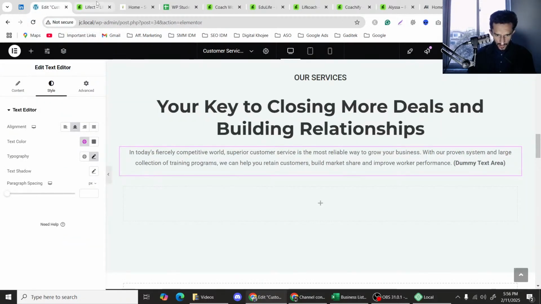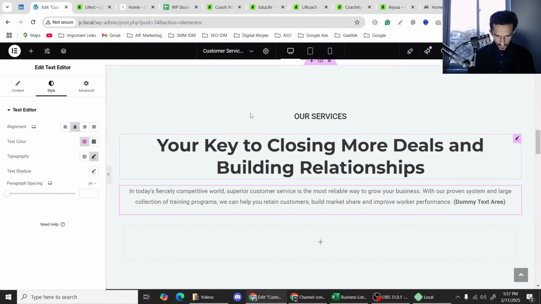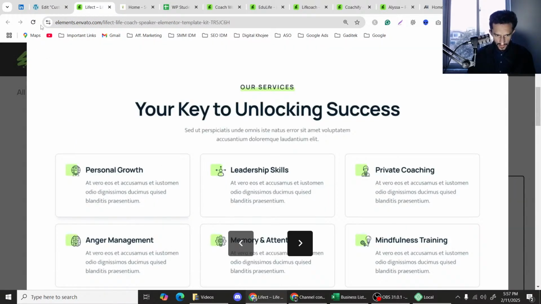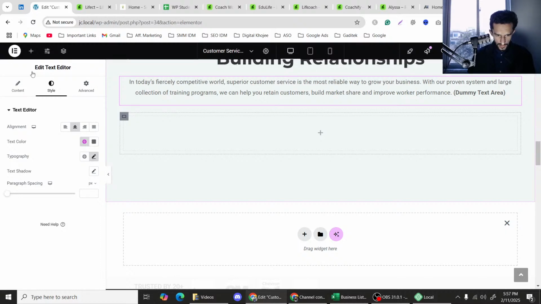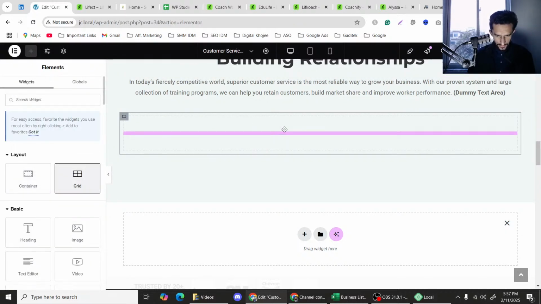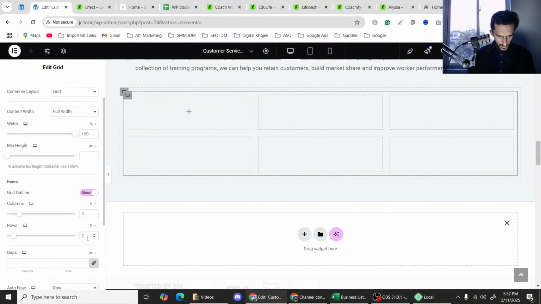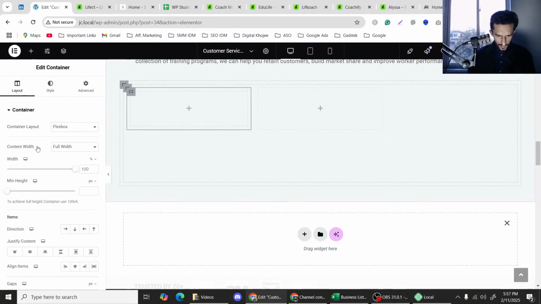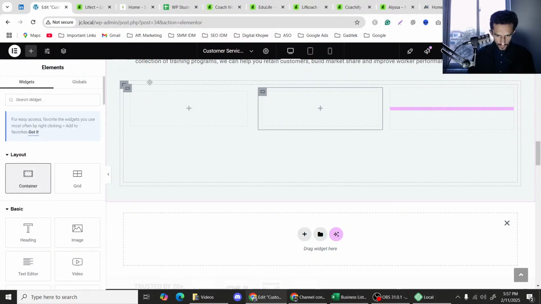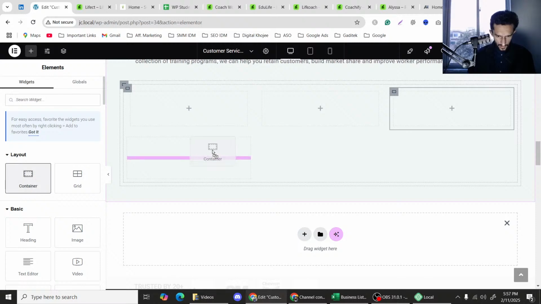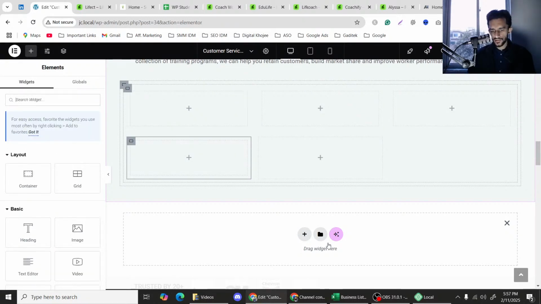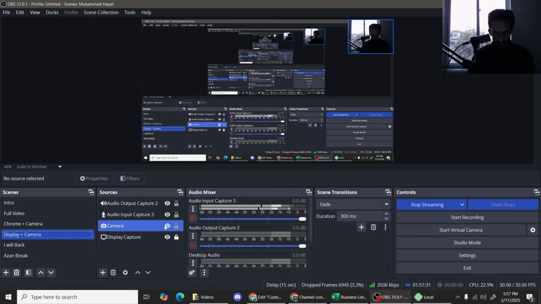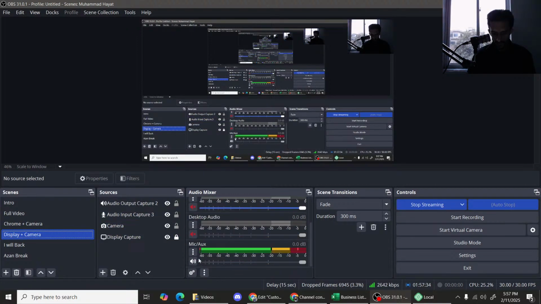Okay, so I select this one. Now I have to create these 6 containers in here. So what I have to do is bring in a grid: 3 columns, 2 rows, 6, and I have to put a container in each. One container, other container, another one, another one. Okay, so the Azan is happening. I will keep quiet for some time and we'll be creating the design that you guys will be